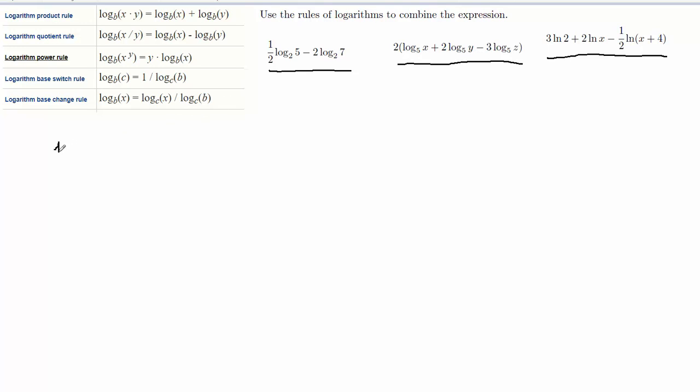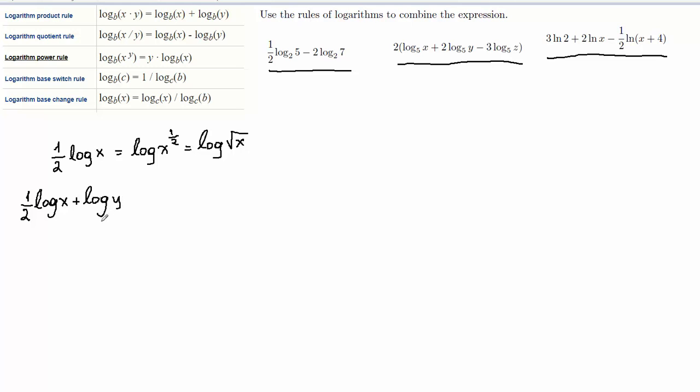To give you an idea, if you have something very simple, like let's say 1/2 log of x, then this can be written simply as one logarithm, as log of x to the 1/2. And if you want, you can rewrite that as log of square root of x. If you have something more complicated, let's say 1/2 log of x plus log of y,